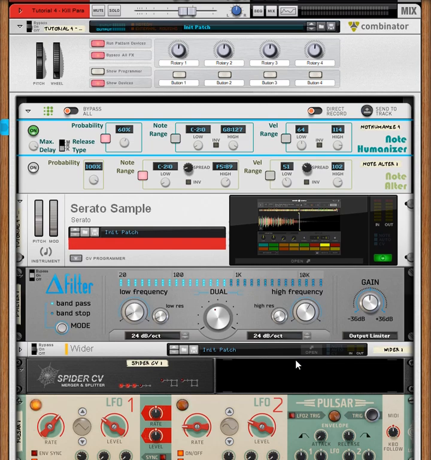This time we're covering the uses of the kill mode of the release type. And again, we're highlighting how diverse the plugin actually is, some of the different use cases it has available to it. So what we're going to do here is practice a wee bit of sample robbery, eh? To demonstrate the kill mode, we're going to use Serato Sample, which is the current undisputed king